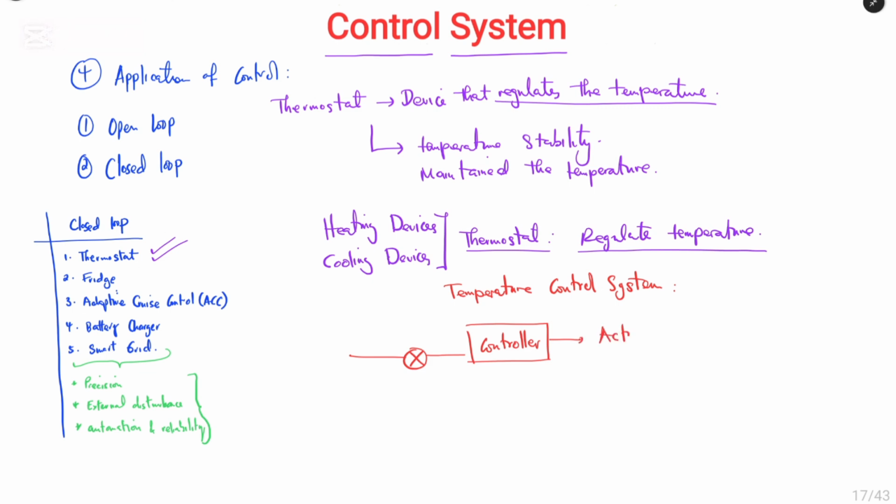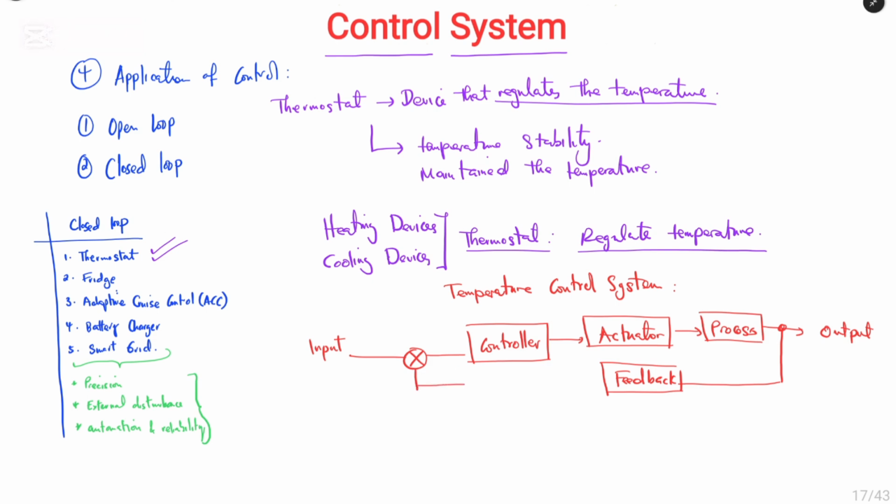And we can have the actuator, and we can have the process, and we have now the output and the input. And since it is a closed loop, we now have the feedback, and the feedback is now connected to the comparator. So this is the closed loop